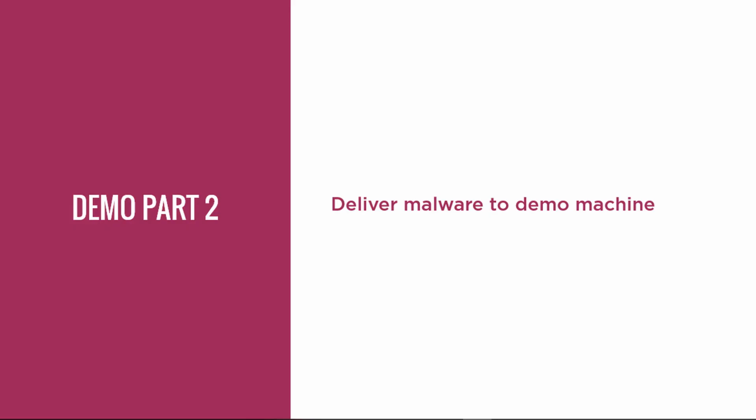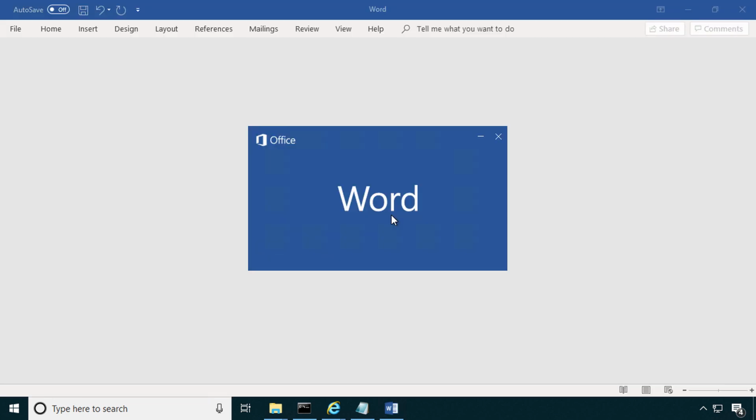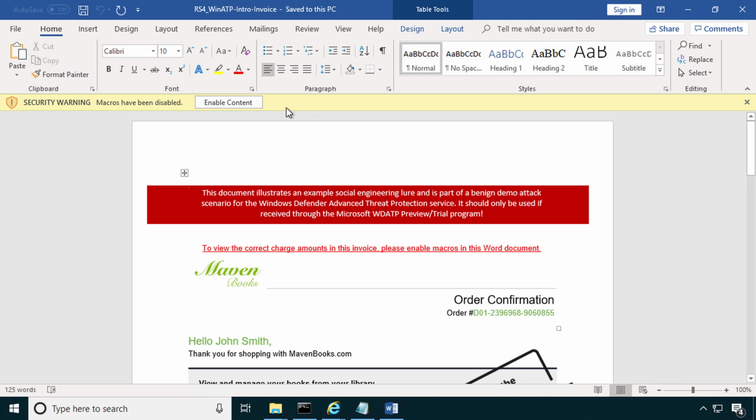In part 2 of this demo, I'm going to deliver a malware to the demo machine. Let's pretend that this machine is a Windows machine of a user who received this Word document. It could be delivered to him by email, a chat window, or by any other means. Now when the user opens that document, he sees this tempting yellow bar at the top to enable editing. And then of course there is that macro bar that users cannot resist, and they feel they need to hit